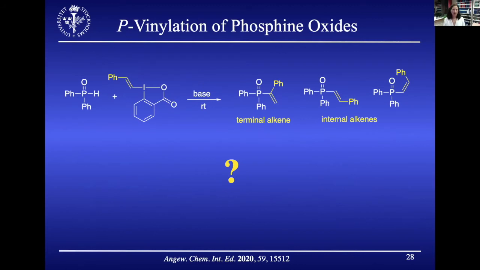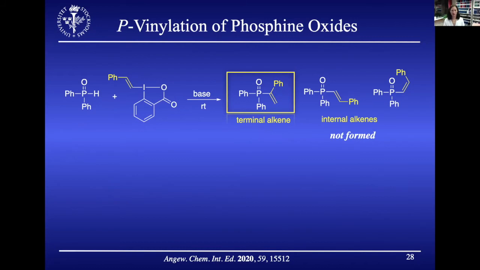So we then started developing P-vinylations, and again, we were wondering which regioisomer we would get. Will it be the terminal alkene or the internal alkenes? And if so, will it be a diastereomeric mixture or not? It turns out that with the phosphorus nucleophiles, we get the terminal alkene again, so completely different from the